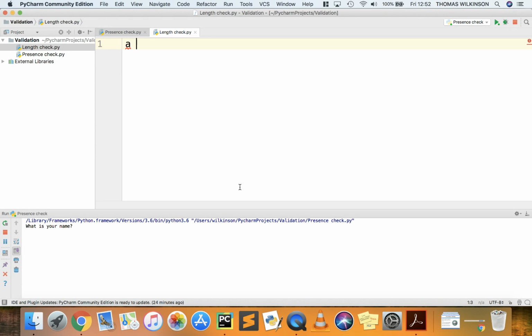So we're going to have a variable called a, and we're going to have an input, and that input is going to be "enter a name less than 10 characters". Now we can combine this with other validation rules, but for now we're just going to do this on the length of it. So we're going to say while a